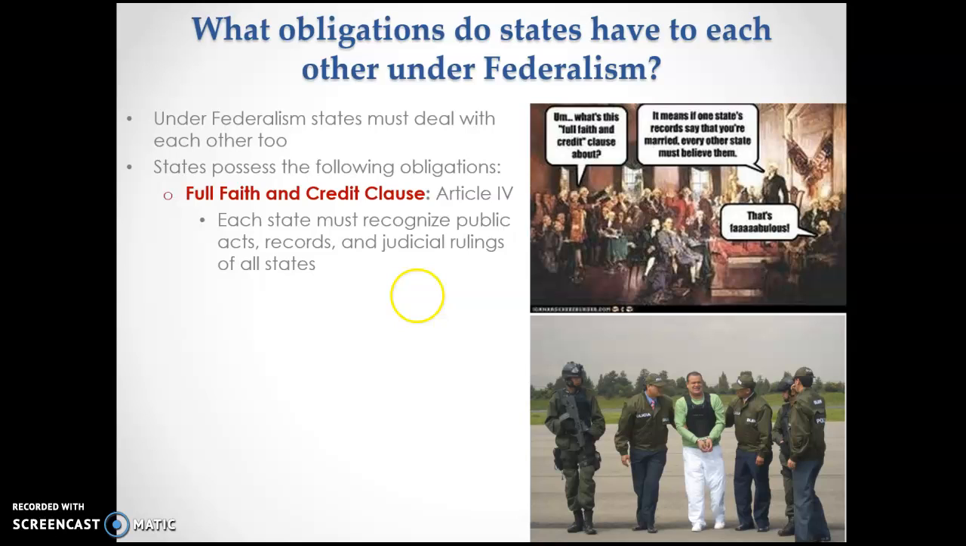It's what basically stops people from saying, I'm gonna sell my car to somebody in New Mexico, right? And the person from New Mexico comes up here, pays me for the car, and